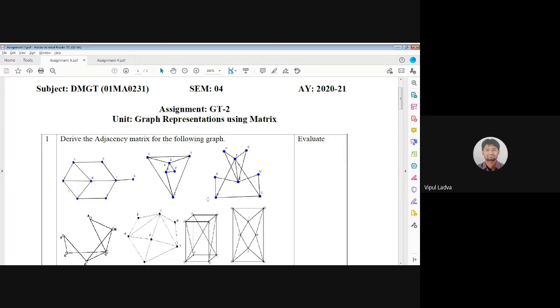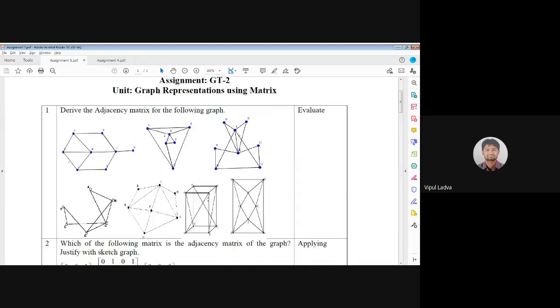This entire unit talks about the edges, the matrix representation, cut vertex, connectivity, edge connectivity, vertex connectivity, and fundamental cut sets. All of that is part of this unit, so the questions will be based on that. First of all, in the first question, we are supposed to go for the adjacency matrix.